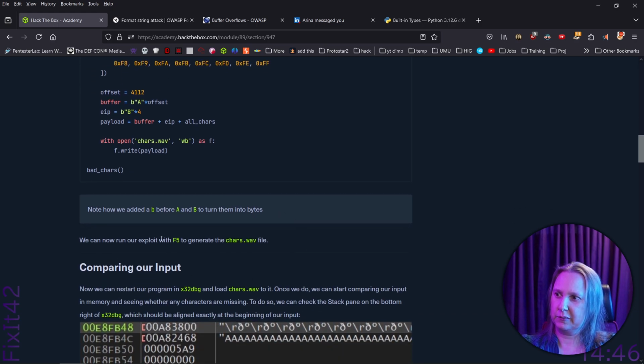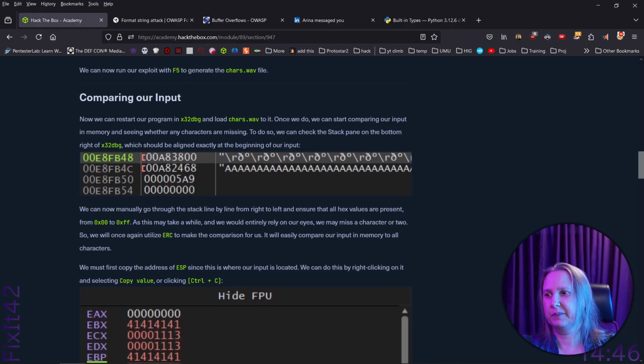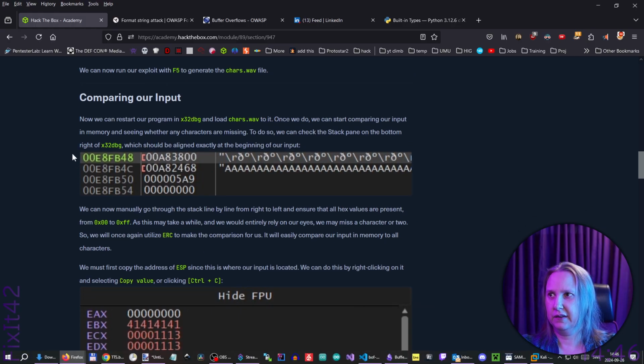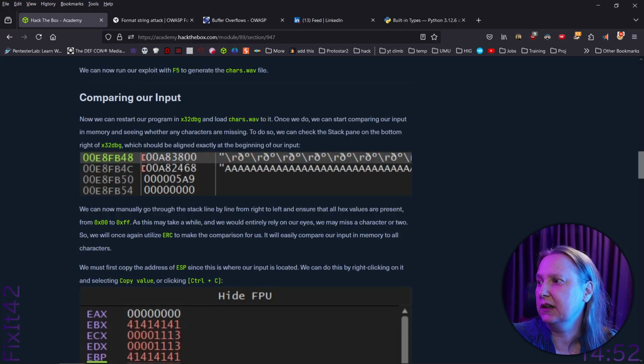Now we can run our exploit F5, generate the wave file, comparing our input. Now this is the interesting bit. This will be automatic, I hope. 15 minutes or